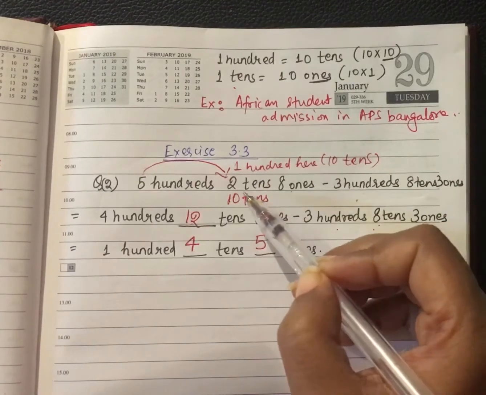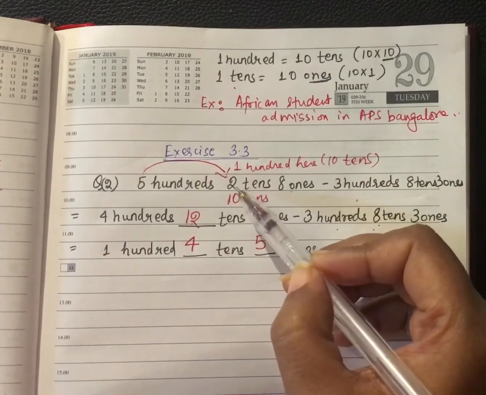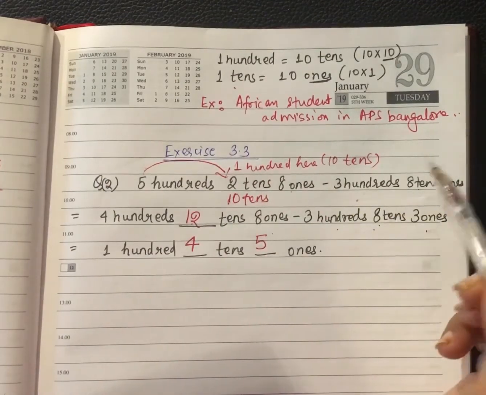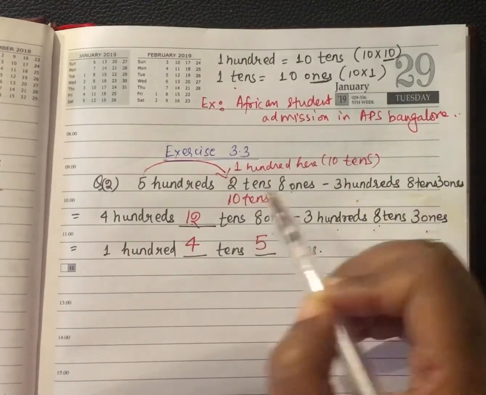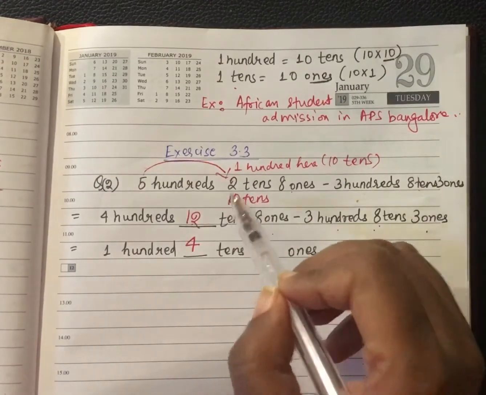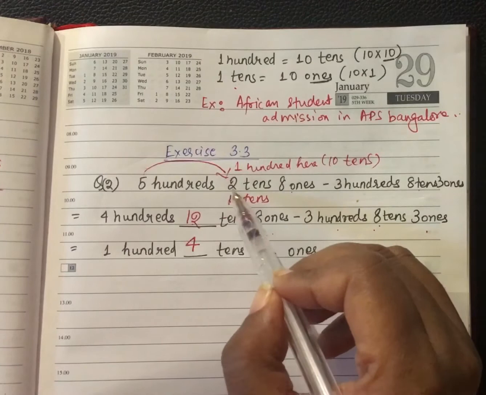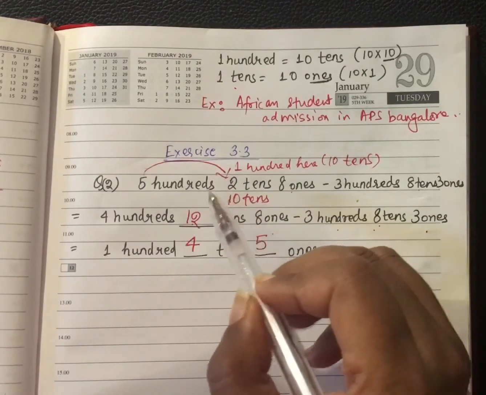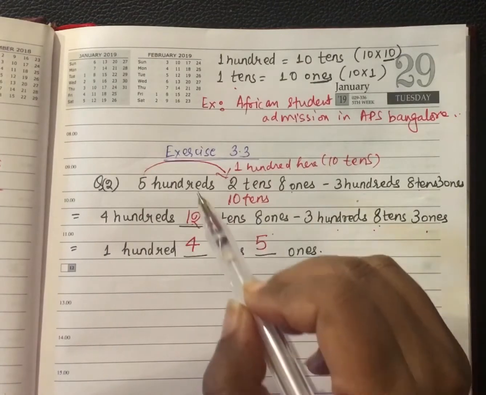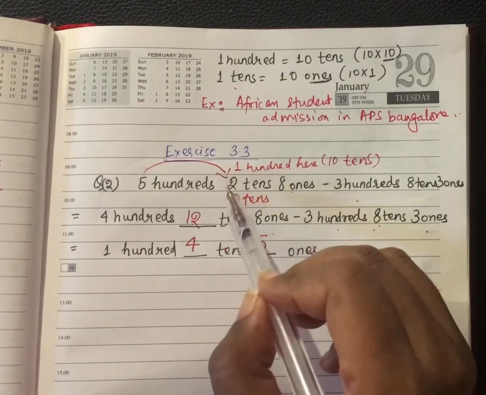So dear children, at tens place we have to subtract 8 tens from 2 tens. Now we all know that 8 is bigger and 2 is smaller, so we cannot do that. We cannot subtract a bigger number from a smaller number. Now in order to make 2 bigger, what do we do? We borrow 100 to the tens place. Okay, now what happens when 100 is borrowed?